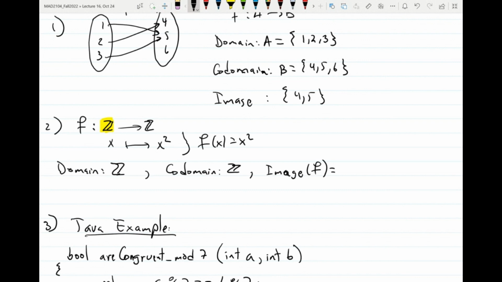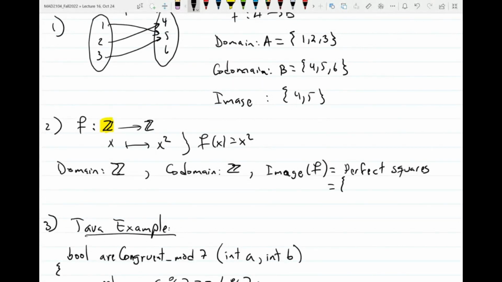The non-negative integers. No, it's not the non-negative integers. Okay, good. The perfect squares. For example, 3 is not in the image. So those are the numbers that can be written as something squared, right? If you want to write it in words, these are what we call the perfect squares,